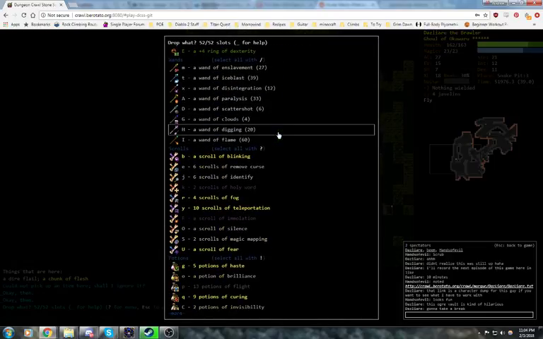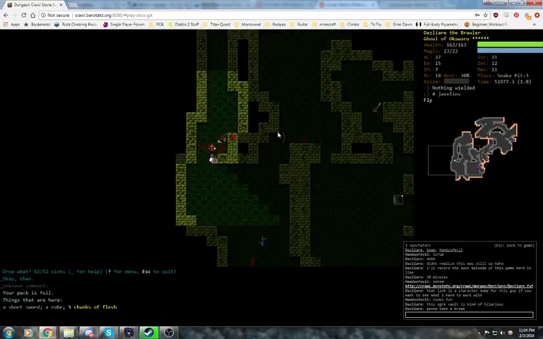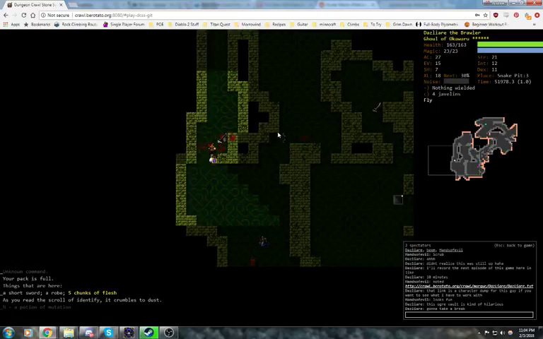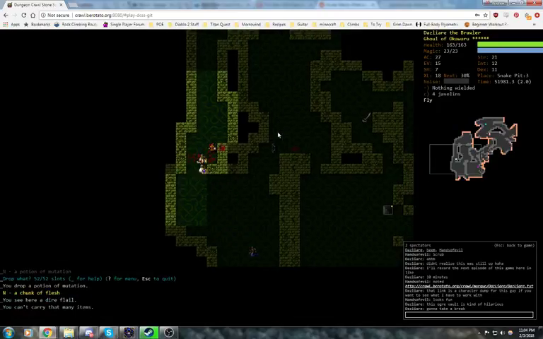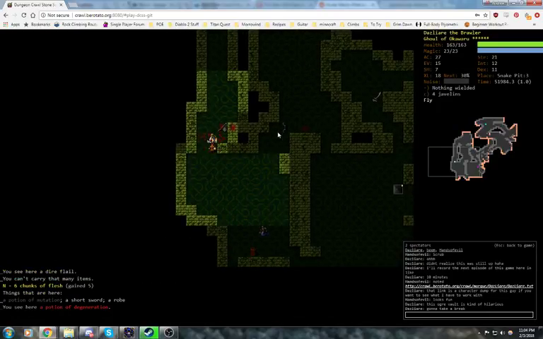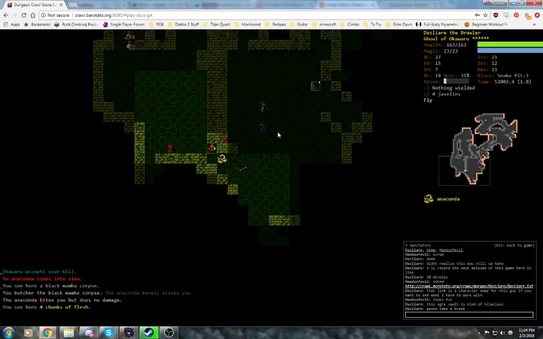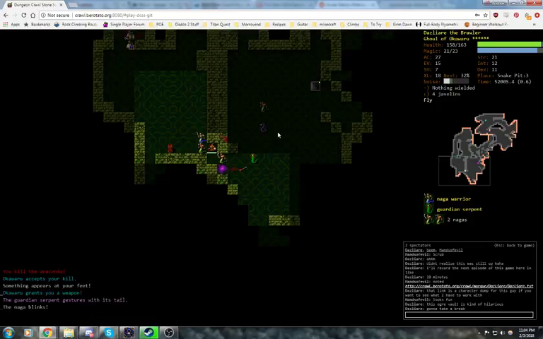We found Wand of Clouds! Hooray! Favorite wand in the game. I think it's everybody's. We'll go ahead and drop Mutation. Are we immune to Mutation? Is that why that potion doesn't do anything for us? I gotta look into some things, because I feel like...